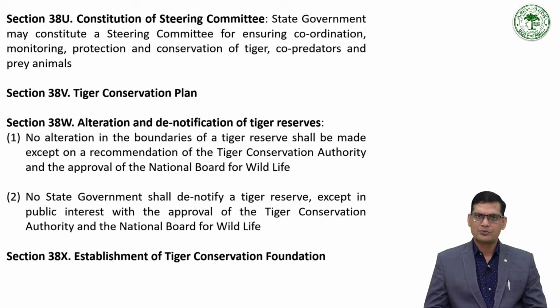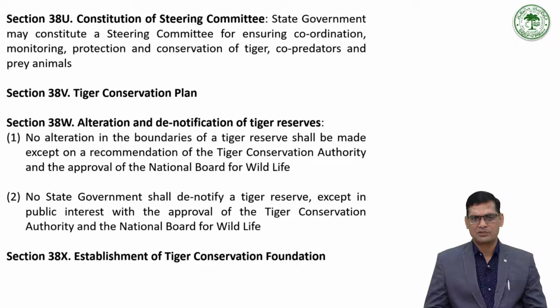Section 38U of this chapter deals with constitution of a steering committee and states that a state government may constitute a steering committee for ensuring coordination, monitoring, protection and conservation of tiger, co-predators and prey animals. It also states that the Chief Minister shall be the chairman of the committee and also provides the criteria for inclusion